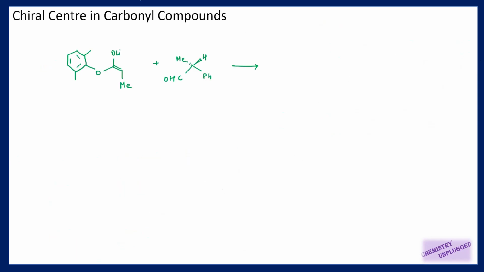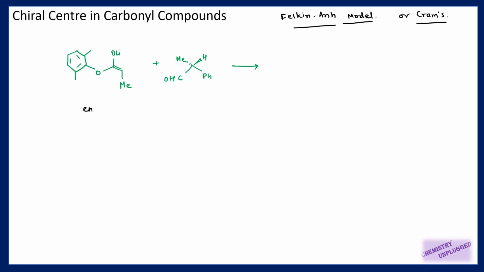Then we will move on to chiral centers in carbonyl compounds. So when we have a carbonyl compound containing a chiral center, what about the product? We have discussed it in a detailed way in the Clayden book summary, where I told you what the Felkin-Anh model is, and using this model we can predict the stereoselectivity of the final aldol. You can use that model, or you can use Cram's model, which is not given in the Clayden book, but I have made a video on Cram's model, so you can use that one also.